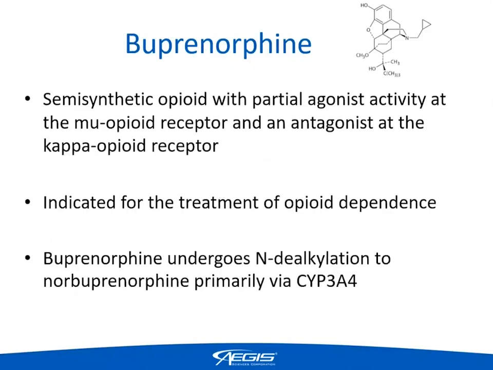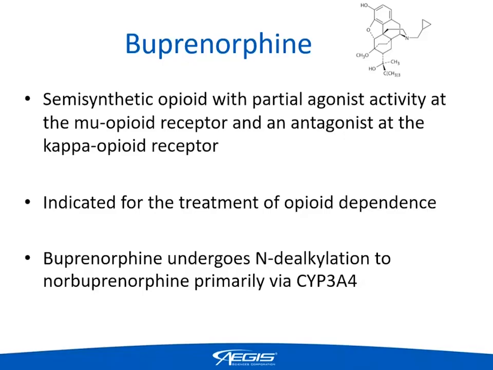So a little bit of background about buprenorphine and the structure of the molecule, shown at the top right there. It's a semi-synthetic opioid with partial agonist activity at the mu opioid receptor and full antagonist activity at the kappa opioid receptor. It allows for the suppression of withdrawal symptoms due to the partial agonist activity, but also blocks other exogenous opioids to prevent them